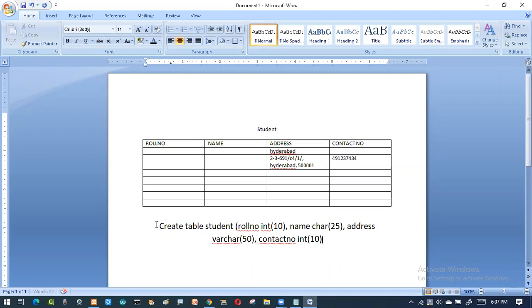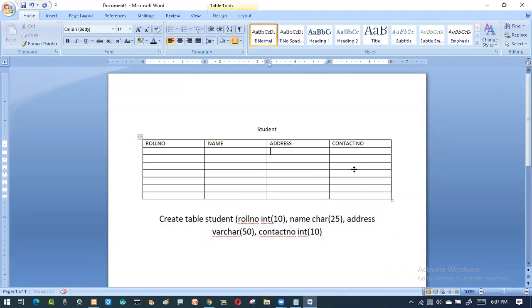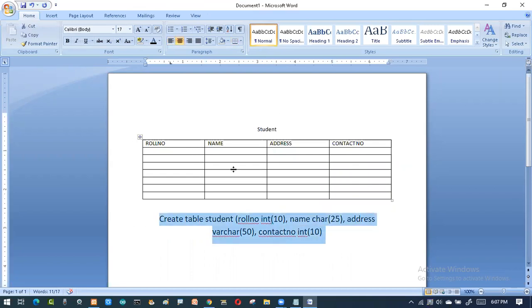So with the help of this we have created the empty structure. With the help of this particular syntax, we have been able to create this picture that you are seeing over here. If we want to do such a thing, I will use the DDL command, that is data definition language. Now, if I want to add some more columns, I'll use alter table. If I want to remove one, I'll use drop column. We have already come across this.